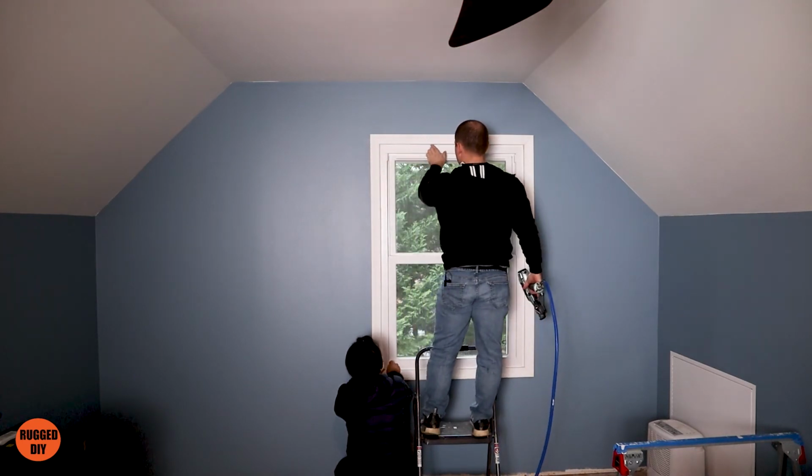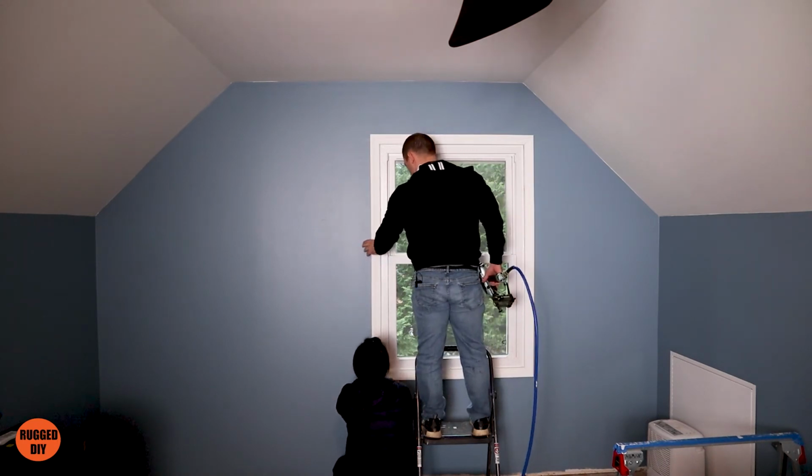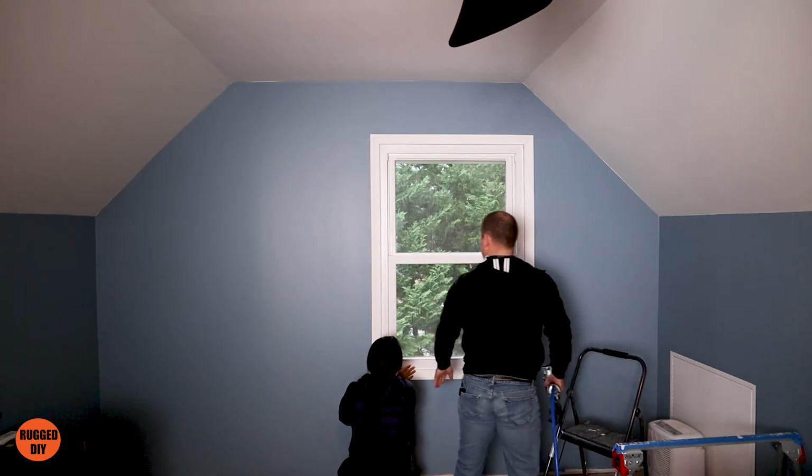The window frame itself is not perfectly straight. The window frame is not, and neither is the trim. That's why I'll be putting